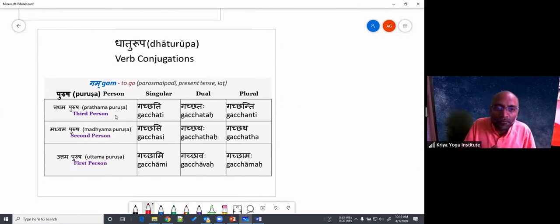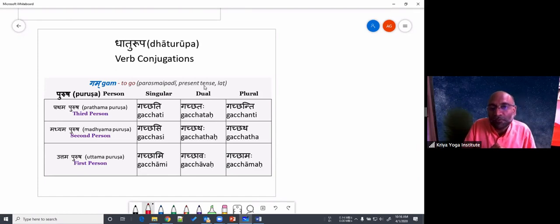And then you see which root it is. So in order to identify a verb form, you will know which person, which number,